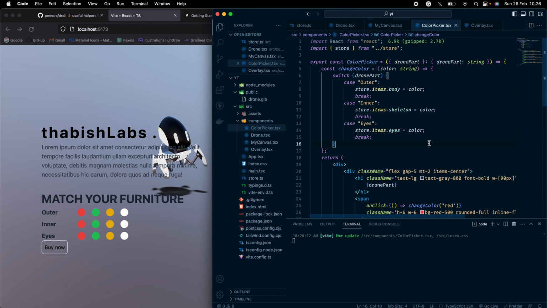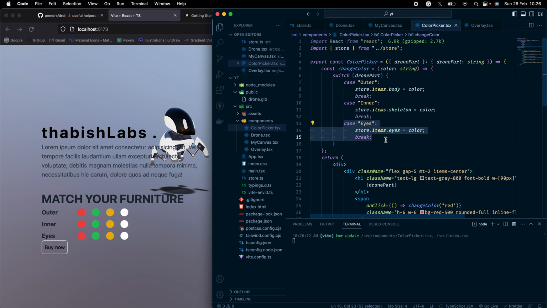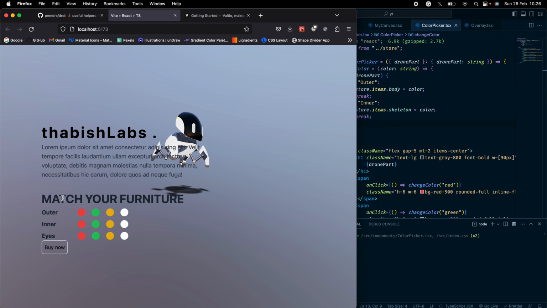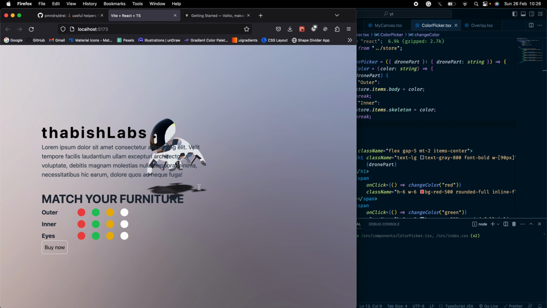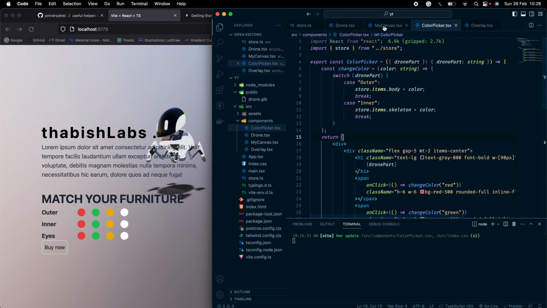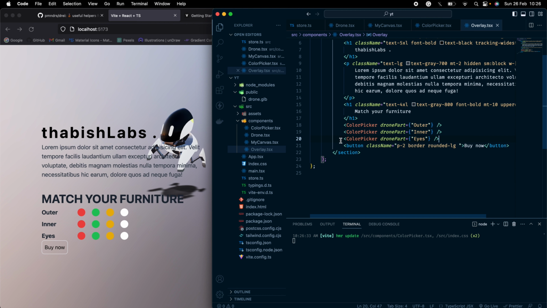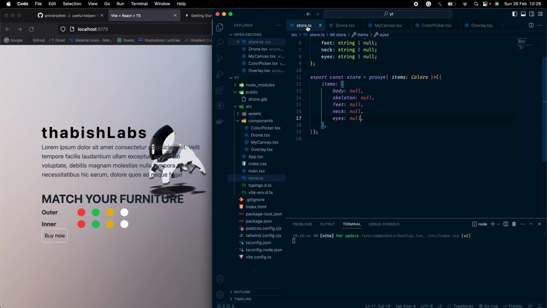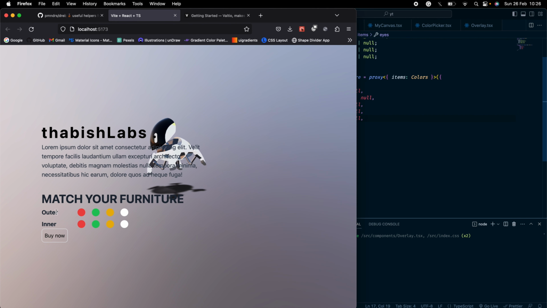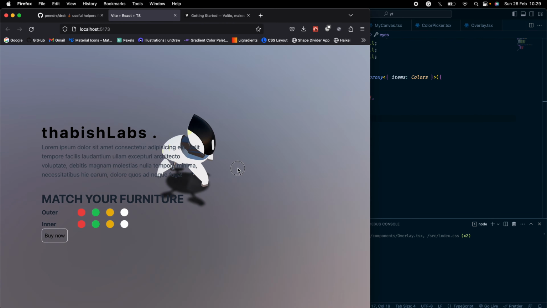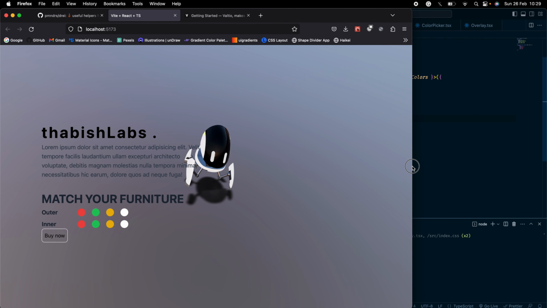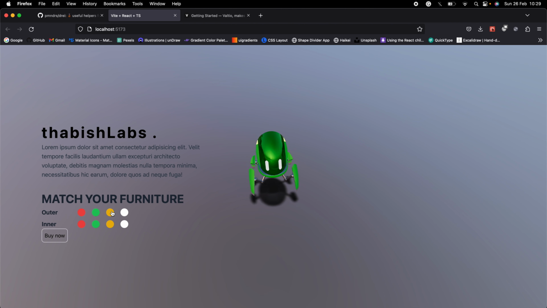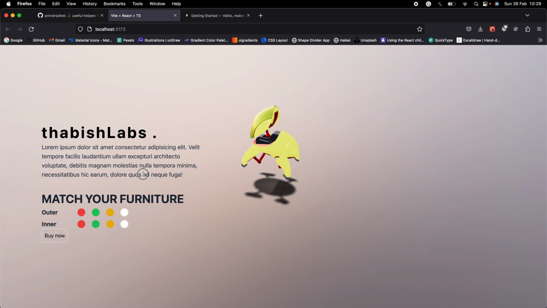So with that, we've built this. I'll just remove this, save it. I just want outer and inner. Is it not going? Okay, that's because we don't want this. You could do the same for the other body parts like the feet, the neck, the eyes. But for me, I'll stick with just the two of these. So with that, we've successfully built our 3D website. Hopefully this gives you a basic understanding of what React Three Fiber is and how you can build cool looking